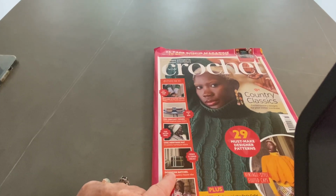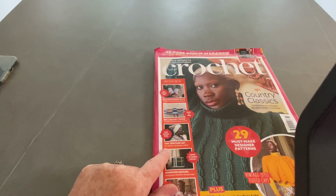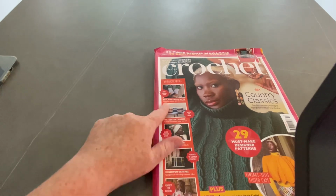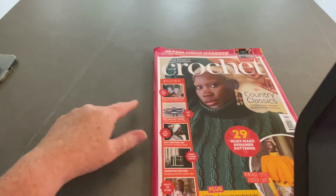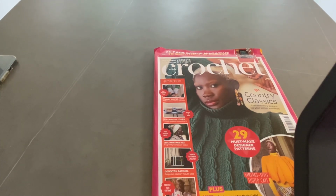Oh, that looks quite nice. It's a corner to corner. Chic heritage hat. Chic, not chic. Mind you, why not? Chic. Stylish striped mitts. Mid-century roses. Cozies, sorry. Oh my God, that's with my glasses on. What on earth next? Anyway,